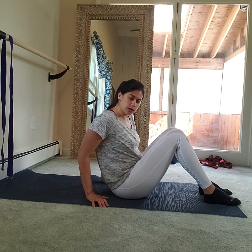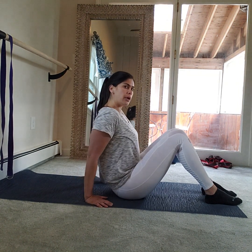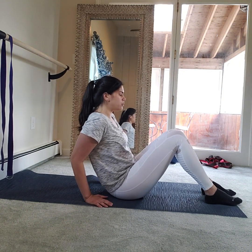And then roll on up, flip yourself back to your original mat position, bring your fingertips behind you. Let's do a couple of tricep dips here. Turn your fingers out to the side, so your thumbs are pointing toward your glutes and you're going to lift your seat off the mat. If that feels like too much, drop your seat back down and bend your elbows down and up and down